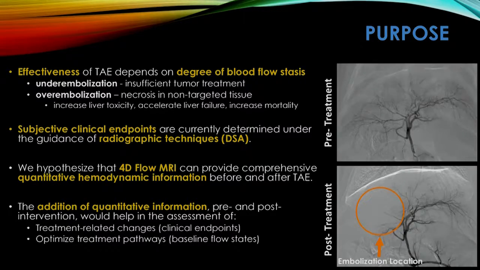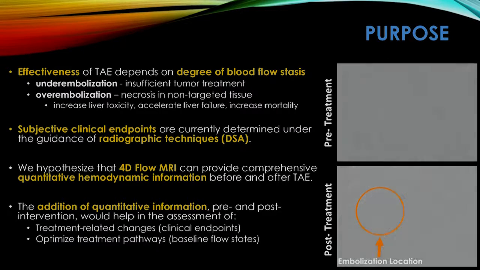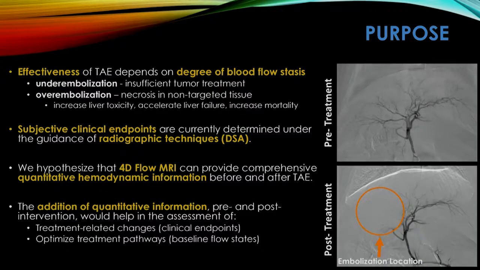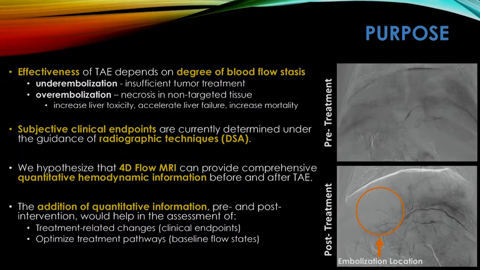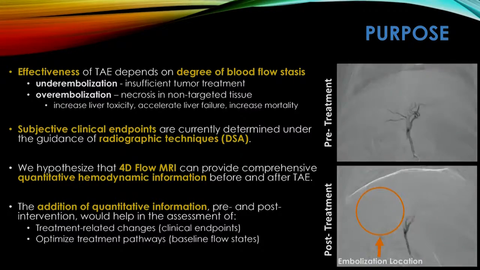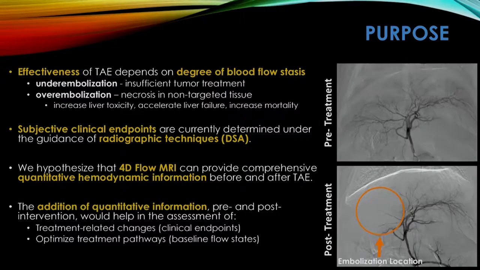One technique that is used to kind of monitor this is DSA. So this is showing kind of a pre-image treatment and a post-image. And so it really relies on the radiographer's eyes to kind of determine when the stasis is at an adequate level for them. So what we hypothesized was that 4D flow MRI could really provide some quantitative parameters to this